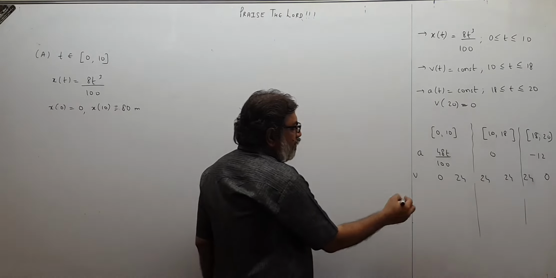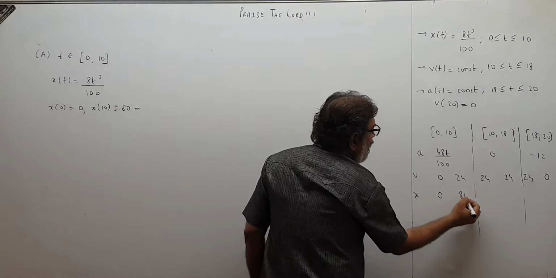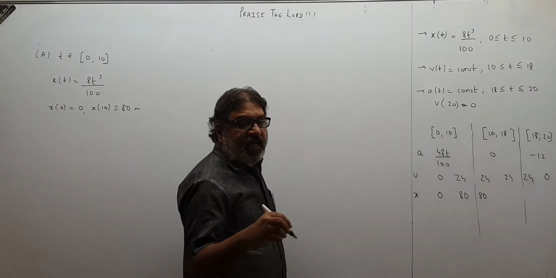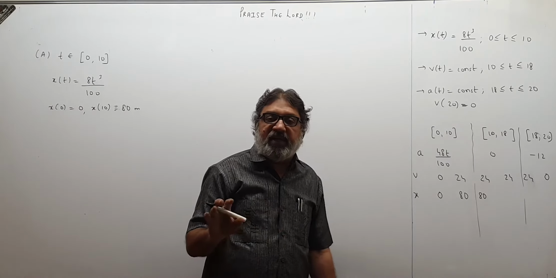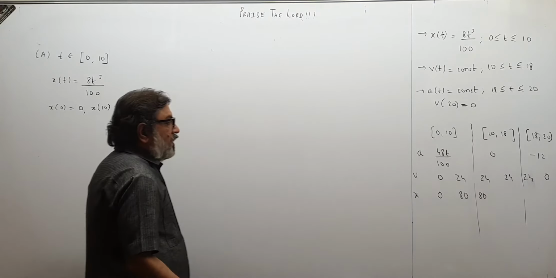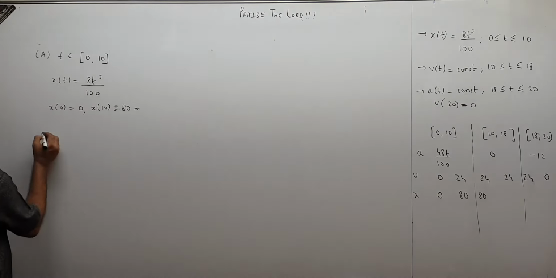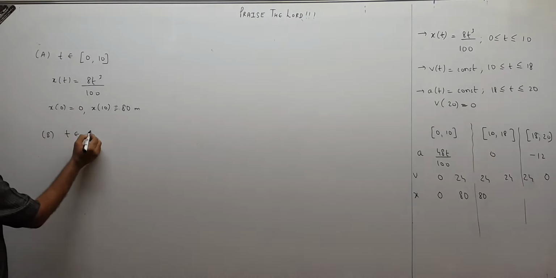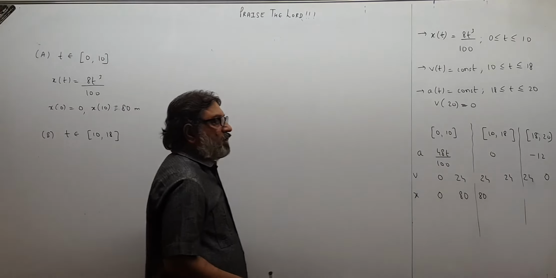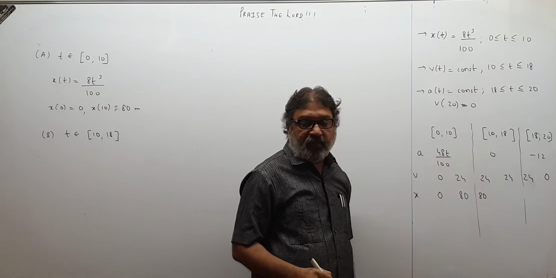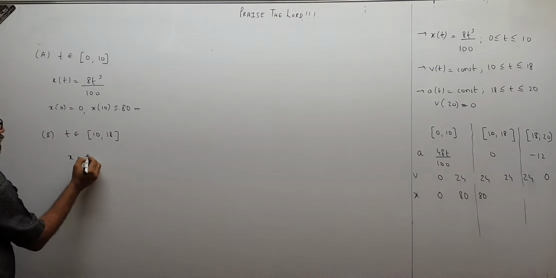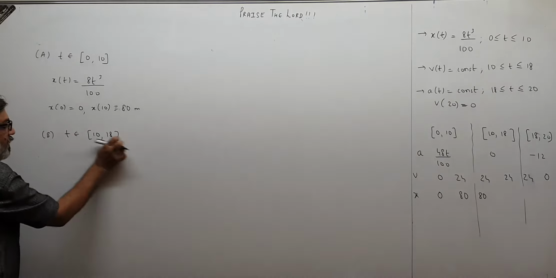So at 0 time, position is 0, and at 10 time it is 80. So at this time also it should be 80 because position and velocity cannot change abruptly, they will continue. So here 80 and here also 80. Now for the next interval, 10 to 18, you have to think. For t belonging to 10 to 18, see, our velocity is constant in this much time. If velocity is constant, we know that position is given by